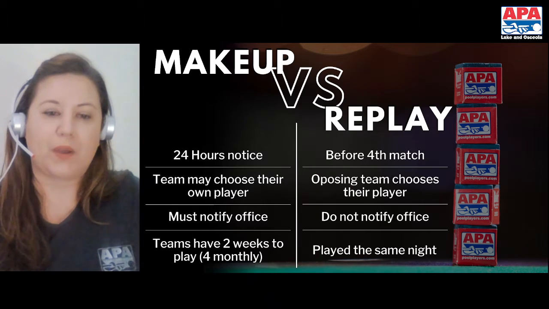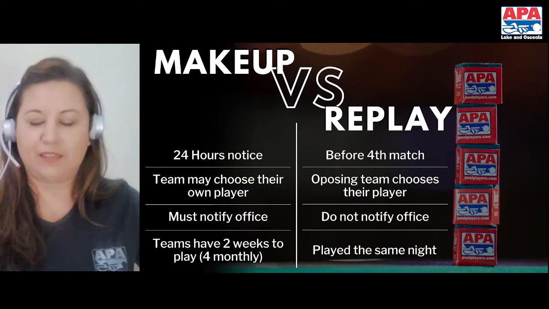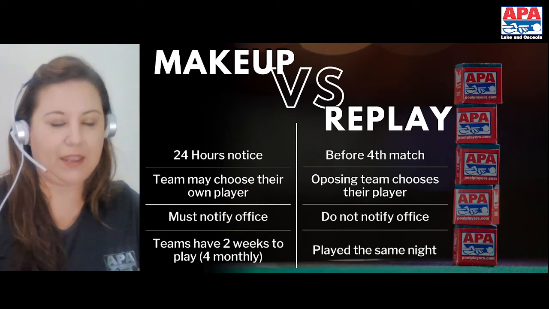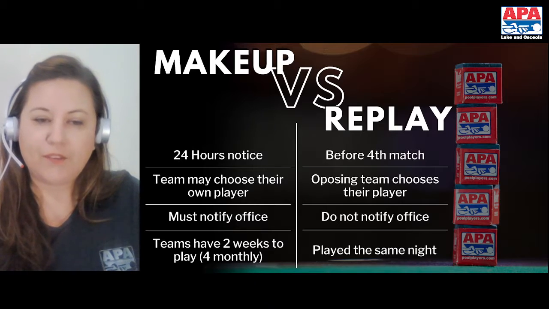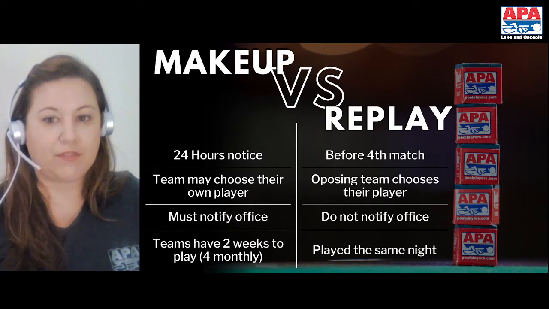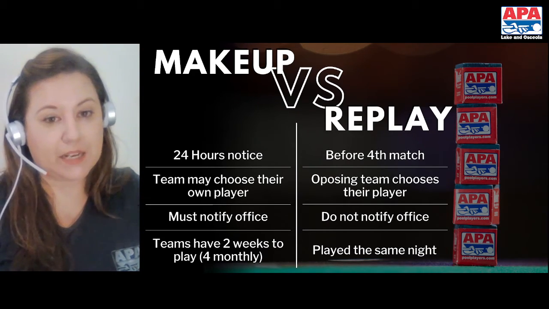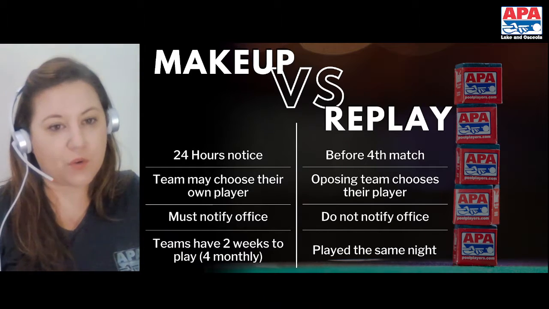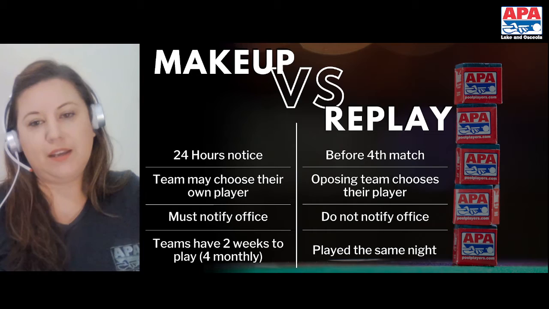A replay rule is when your team last minute realizes that 3 people aren't going to be there, and the players that you are going to have present, you can't field 23, or you're going to be short players. You have to alert your opponent before the first rack starts of that 4th match. If I don't do that, then the other team can take the forfeit. I can't wait for the 4th match to be over and then let them know at the beginning of the 5th match that I need the replay rule.